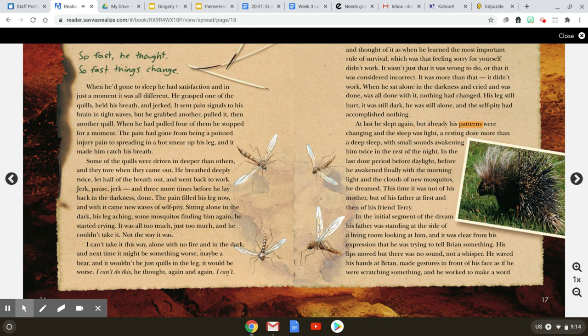But already his patterns were changing, and the sleep was light, a resting doze more than a deep sleep, with small sounds awakening him twice in the rest of the night. In the last doze period before daylight, before he awakened finally with the morning light and the clouds of new mosquitoes, he dreamed. This time, it was not of his mother, but of his father at first, and then of